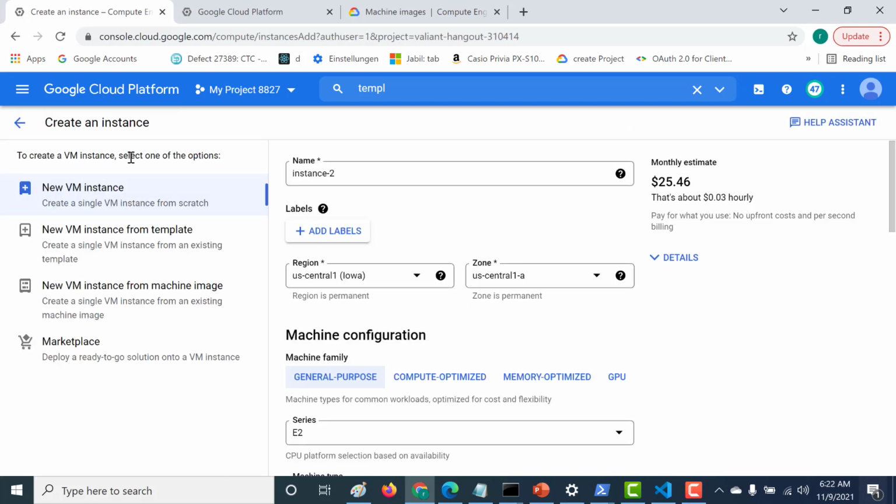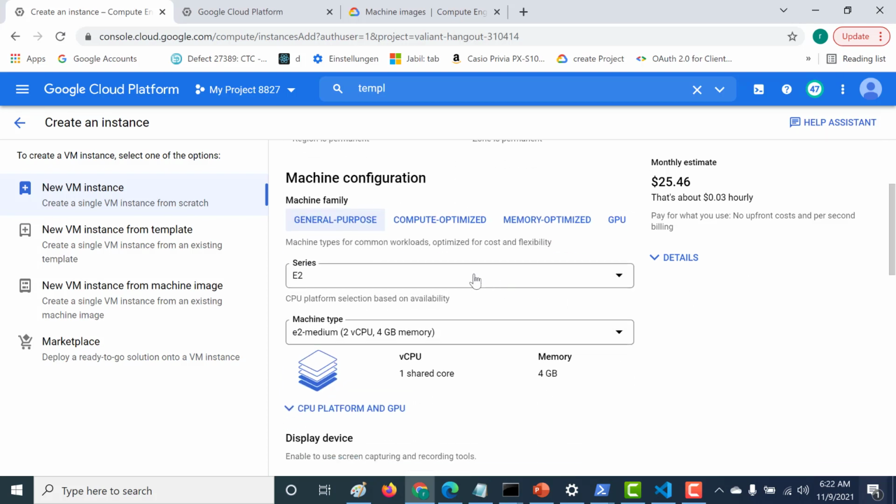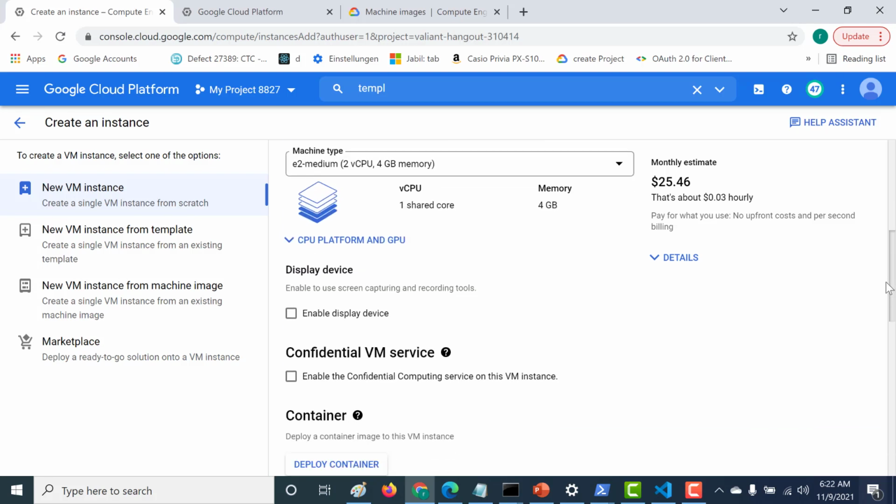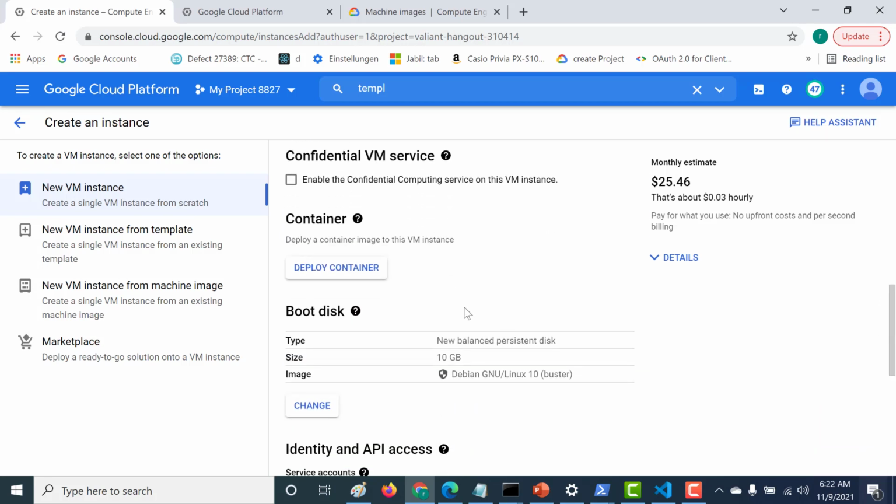If you want to create a virtual machine using a custom image, all that you need to do is click on creating a new VM instance again. The only difference here is, again, you have to give all the details regarding the virtual machine. So again, you need to give what kind of machine type it is, what is the series, etc. The only advantage here is that you can already choose the existing boot disk.